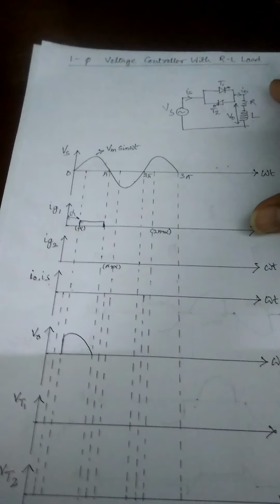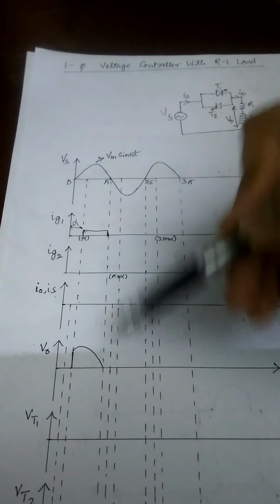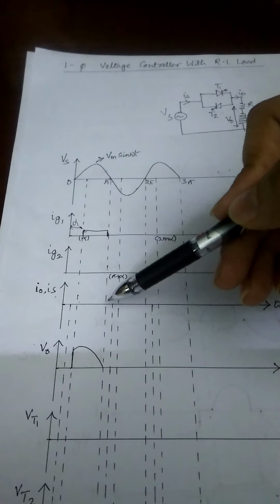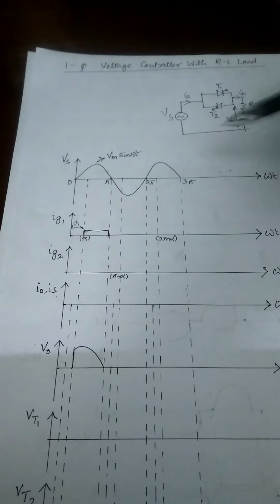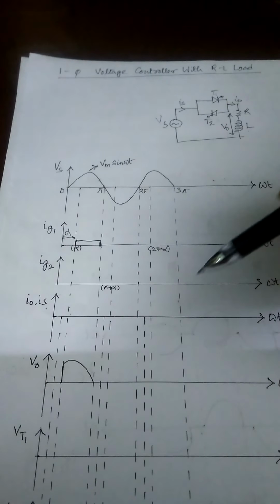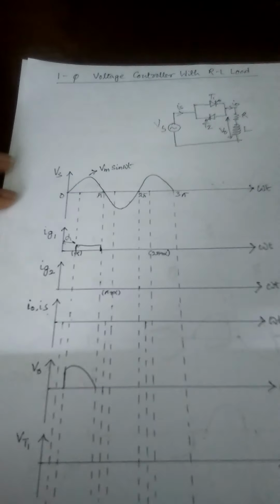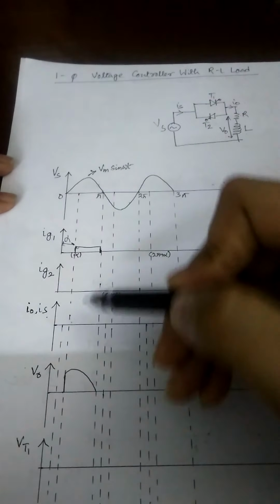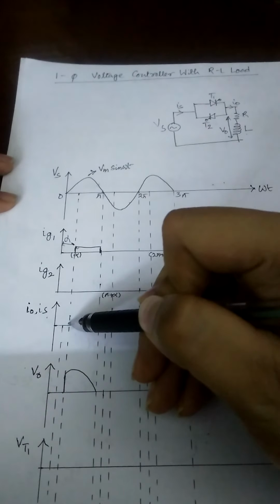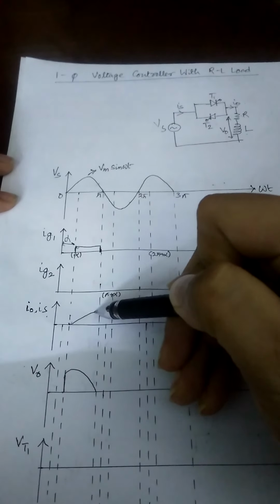In the resistive circuit we saw that at the zero crossing of the supply voltage and load voltage, the load current is also at zero. But in this case, as this is an RL load, in the presence of inductance there will be a phase shift between the voltage and the current. So at the zero point of the output voltage V0 the current will be near maximum. From this consideration, if we draw the graph of the current, from this alpha point the current value is like this.